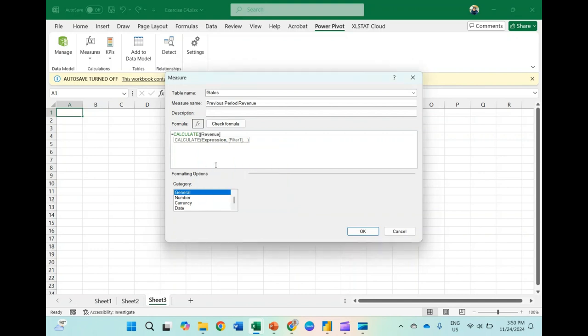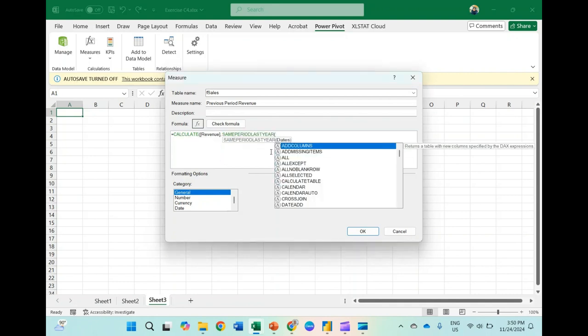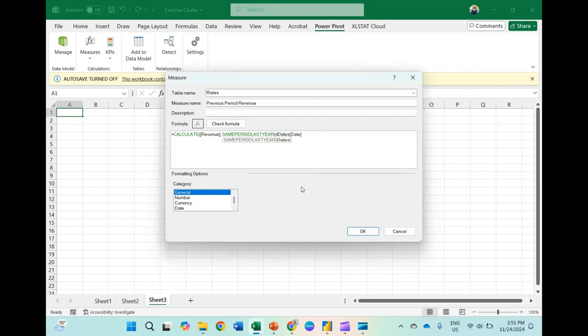Make sure you choose the correct revenue. CALCULATE revenue, filtered using SAMEPERIODLASTYEAR based on the dates. Because it's the same period, so the same date.